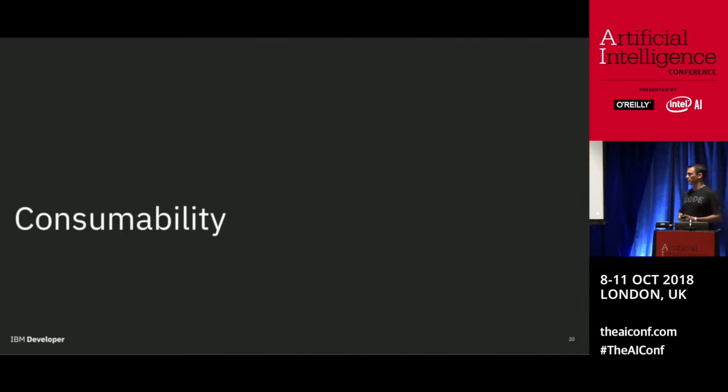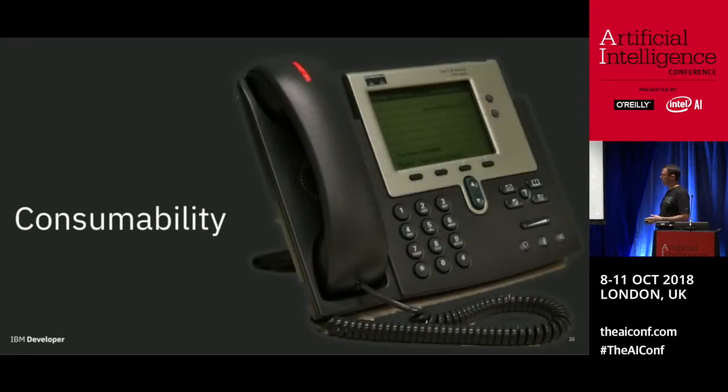And one of the goals that we as an open source team at IBM and within Code A and our larger group have is to make AI ubiquitous in the enterprise and to make it as easy to consume in enterprise applications as possible. And a good example of this is the telephone, right? So everyone within IBM has a phone. And everyone knows how to use a phone, and it's a central tool for doing business. But that doesn't mean that IBM is a phone company, right? So how do we go about making AI as ubiquitous and easy to use as a telephone in an organization?